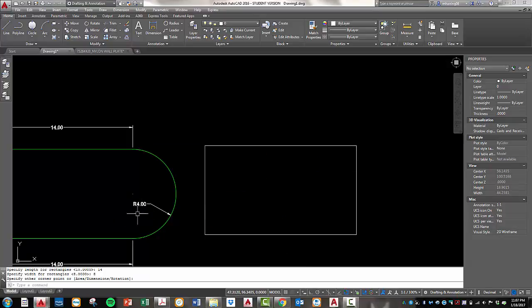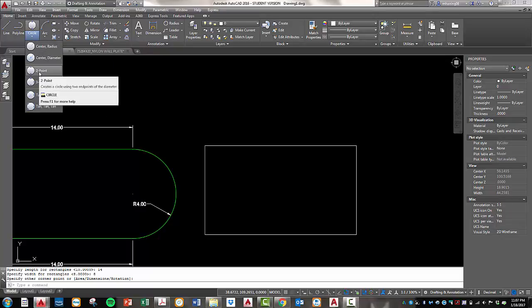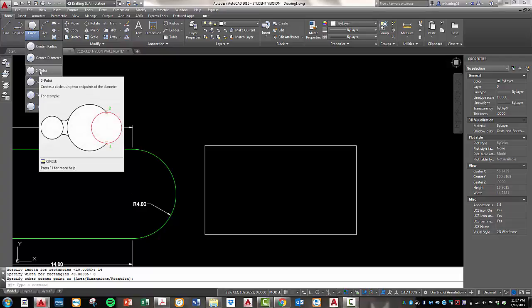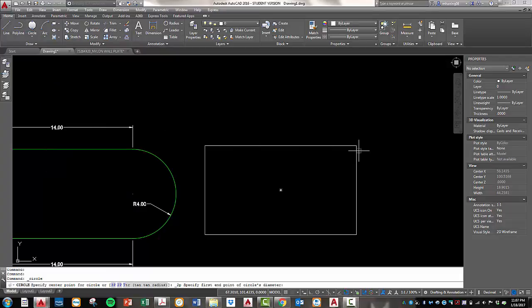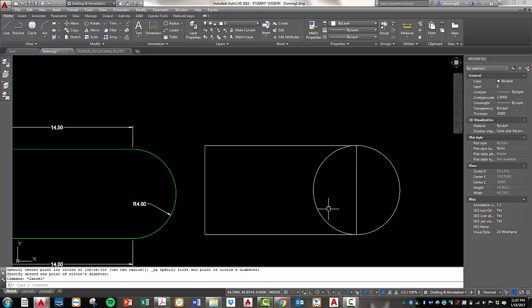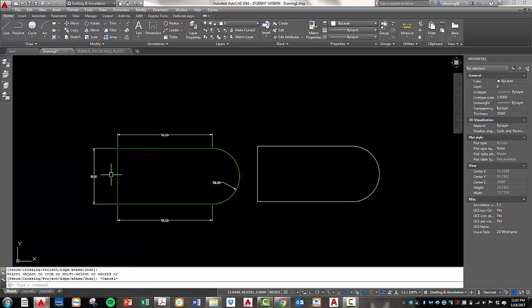My circle here has a radius of 4. What I'm going to do though is use a circle with 2 points. Underneath the drop down in the circle, I pick 2 points. I pick that point at this end and this point here, and now I have that circle with the radius of 4. To trim it up, I use my trim command. I'm going to select the circle and the rectangle, hit the space bar because I'm done selecting all my objects. I'm going to pick the circle to trim, the rectangle to trim, and now I have the same exact shape